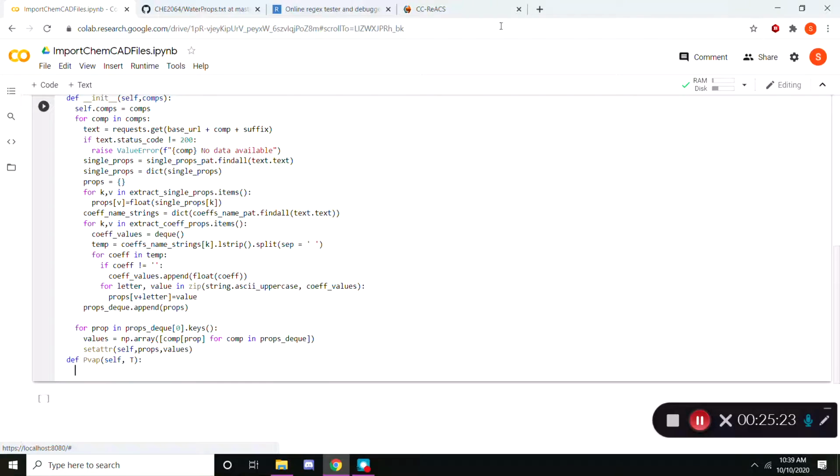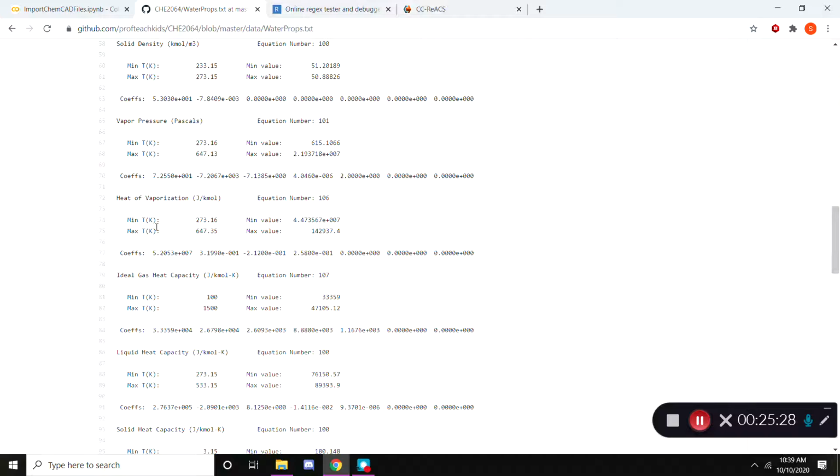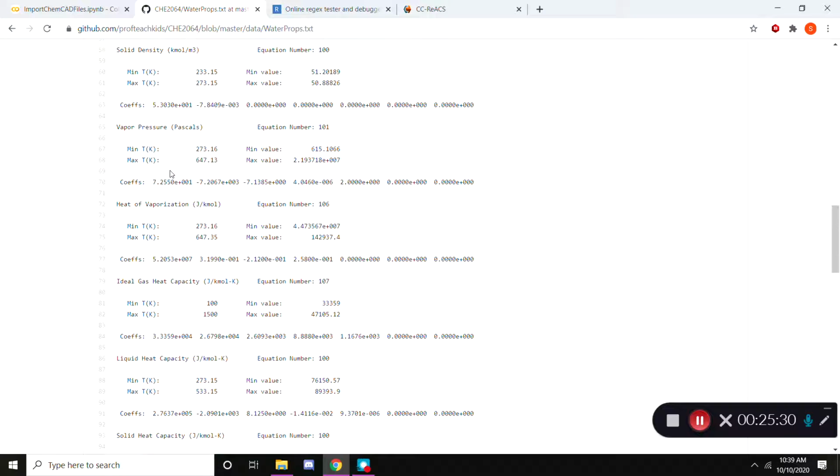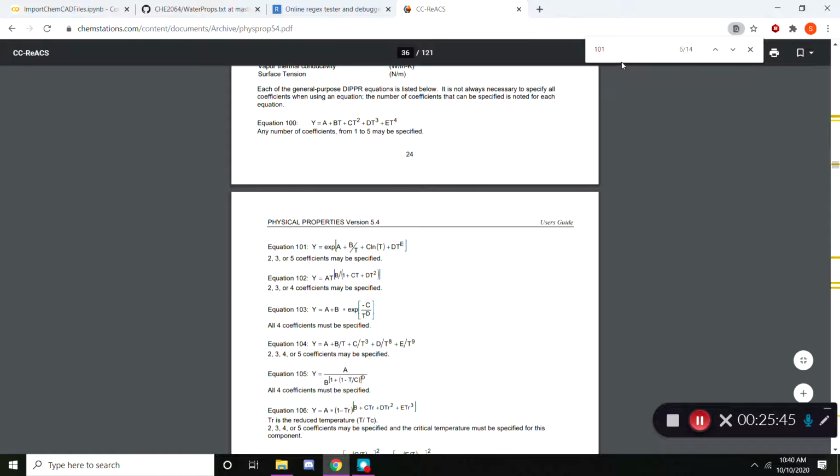And if you remember from our equation sheet, our GitHub data as a text file, we can see this equation number 101. So if you Google ChemCAD equation number 101, you end up with this document. And I use Control F, find equation 101, it's right here. So that's y equals the exponential of a plus b over T plus c natural log of T plus d T to the e. Okay, so now that we have this equation,